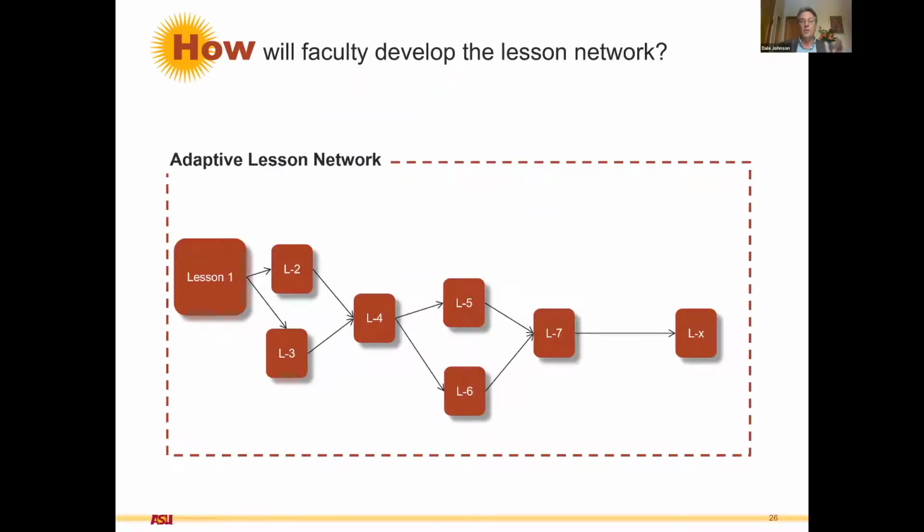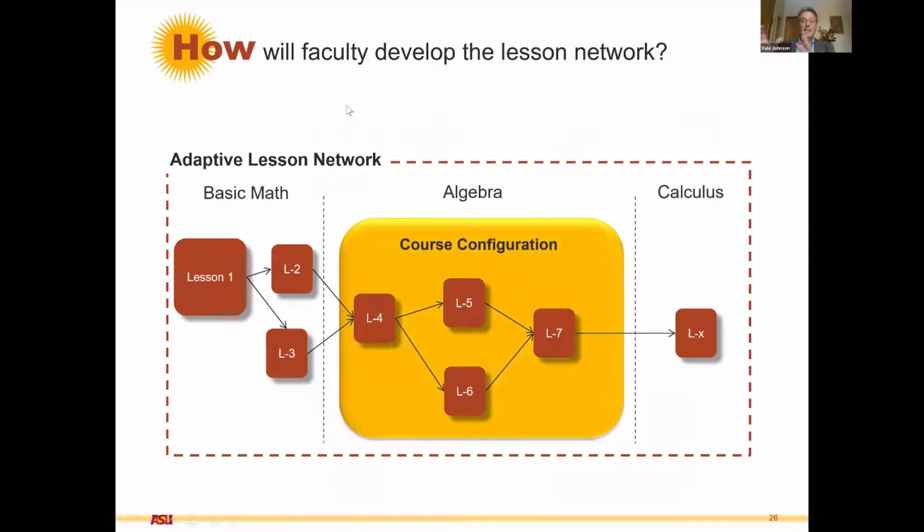That ed molecule then, and that lesson structure, can be built into networks. So we talk about a network being something that is continuous. It's not a single static entity. It is a living environment. That ecosystem is going to be critical for configuring courses. In the case of ALEKS, when we entered the ecosystem that we wanted, the 370 lessons, that configured algebra within a larger spectrum of mathematics. So building that network takes time. That's why it's important that it be a community activity.